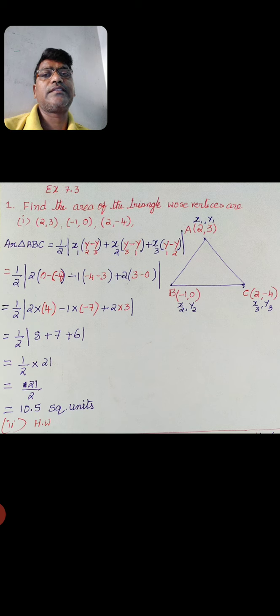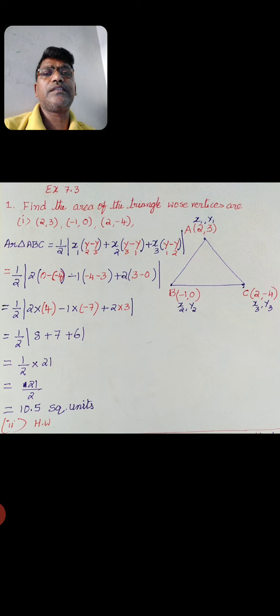start with 3 for the third part. Here 3 parts are there: x1 of y2 minus y3 is the first part, plus x2 of y3 minus y1 is the second part, plus x3 of y1 minus y2 is the third part. To remember the formula, I am giving a technique to you. First we write x1, x2, x3 in brackets, all y we write with minus, and maintain the order 1 2 3, 2 3 1, 3 1 2. I think you get an idea. So this is the formula.